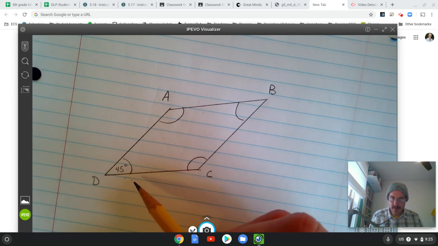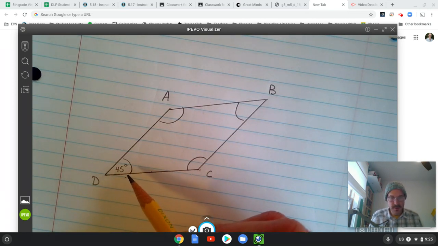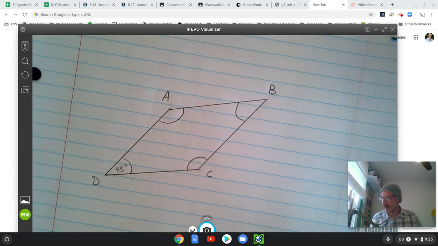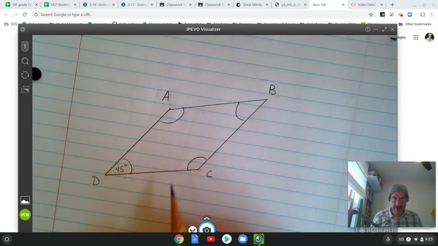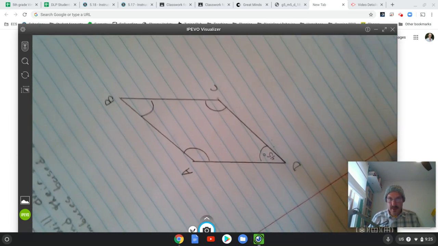Okay. So don't turn in those exit tickets saying that this is 95 degrees. No way. 95 degrees is an obtuse angle. It is greater than 90 degrees. Okay, so angle D is 45 degrees, and we know that this is a